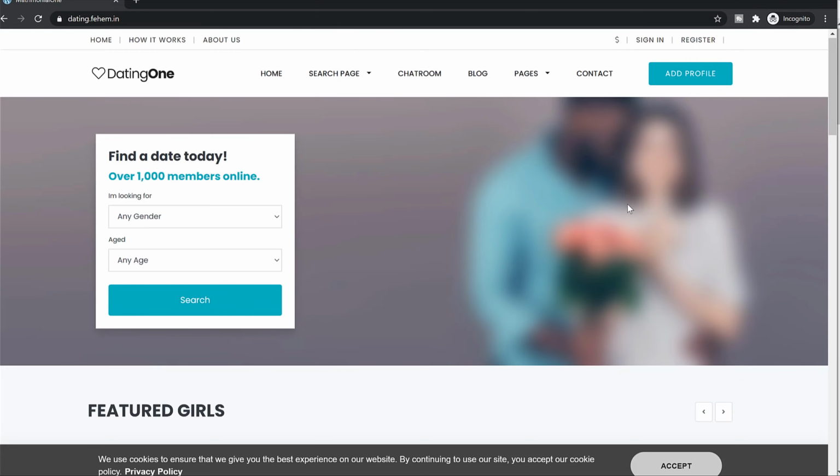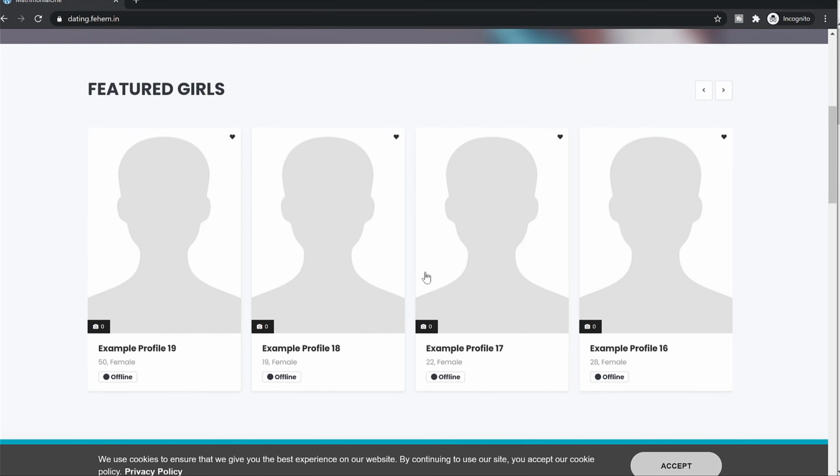So first, before doing anything else, let's restrict this website, restrict all the other options. A user cannot just view any profile. They have to first sign up to your website, and only after that can they view the profile. All these restrictions. So let's first add these restrictions, and after that we can proceed further.